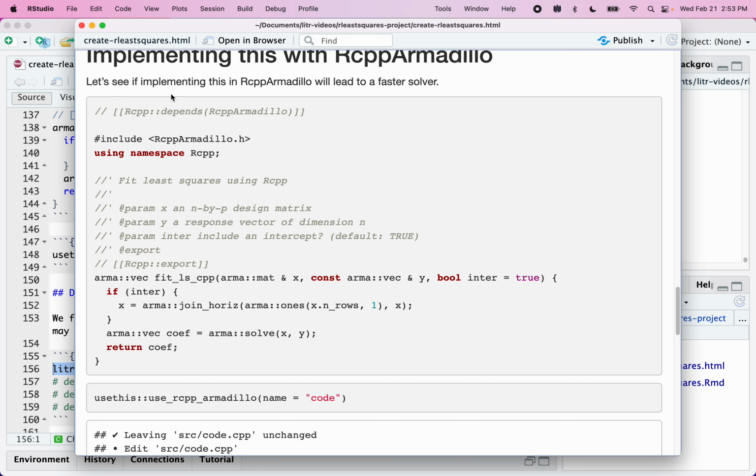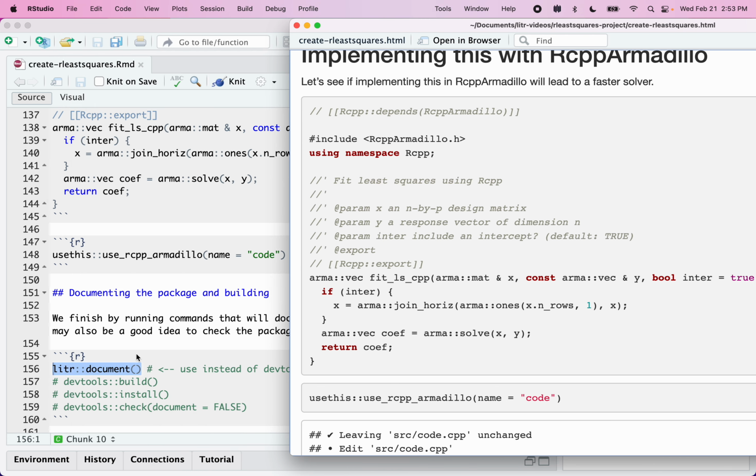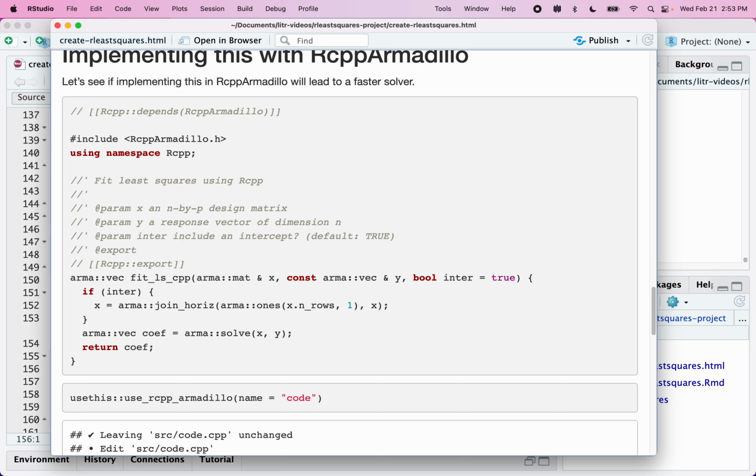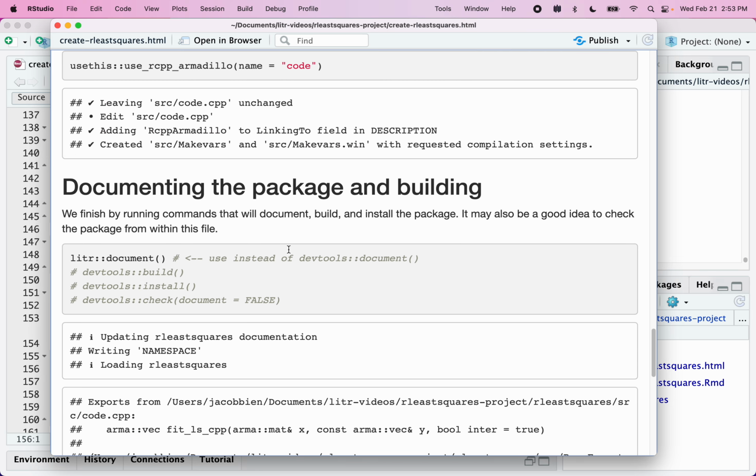Usually the purpose of that is to make sure that all the functions, when somebody does question mark and the name of a function, that the man page, the help page, will show up. But actually in the context when Rcpp is in your package too, this document call also compiles the C++ code. Okay, so this popped up. This is the HTML file that was